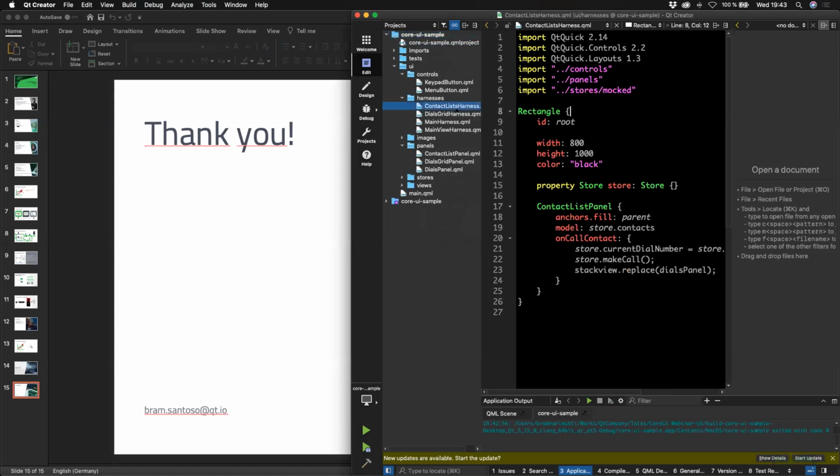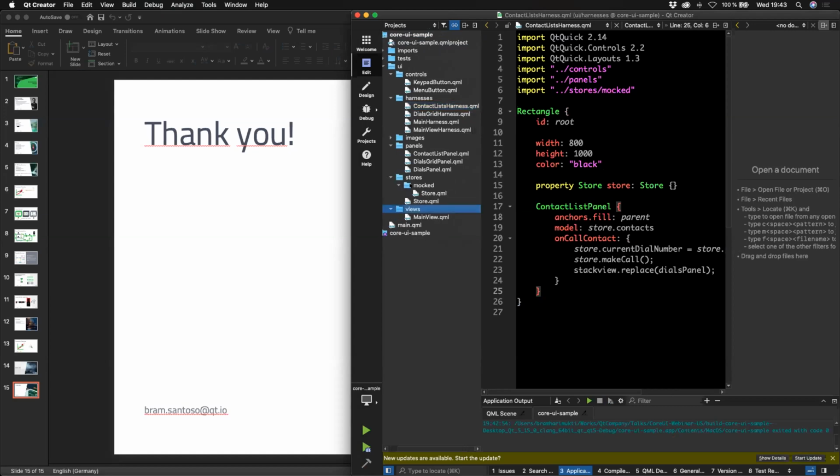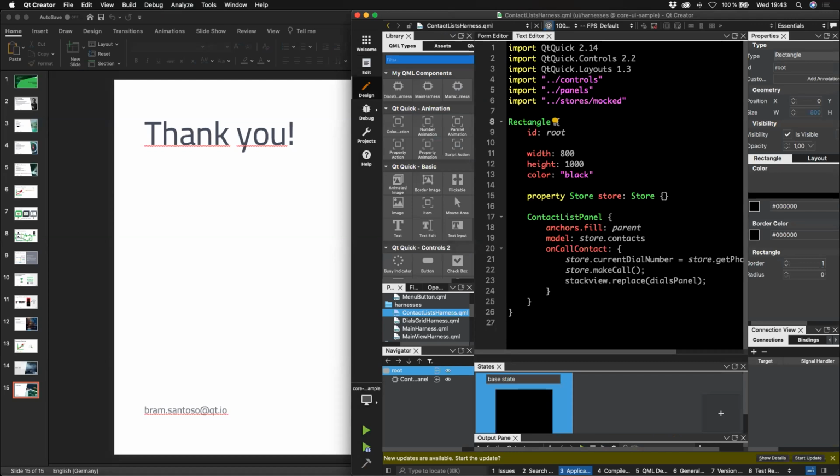So let's take a look at the contact list. I have a harness called contact list harness, which basically just takes the list panel itself. As I showed before, I have a few stores, panels, and controls, and there are also some harnesses, which I will show here. I'm using Qt Creator here. It looks similar to Qt Design Studio because the idea is also that you are able to make some kind of component design here. If you're not really familiar with coding, then we can also take this one. But this time it's already there, so we can just start it